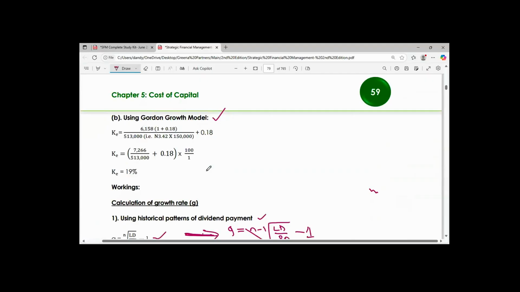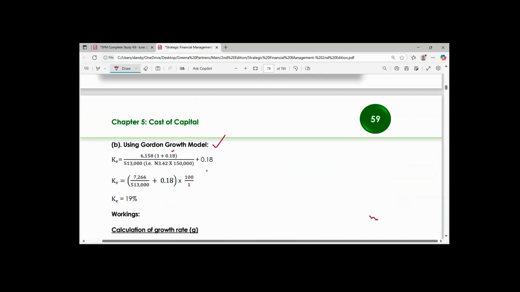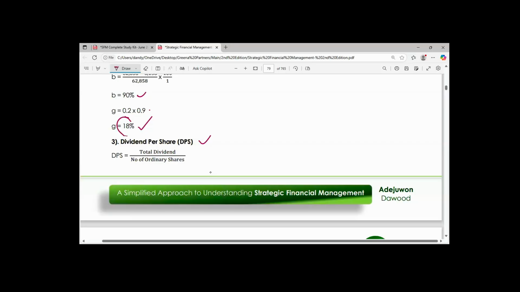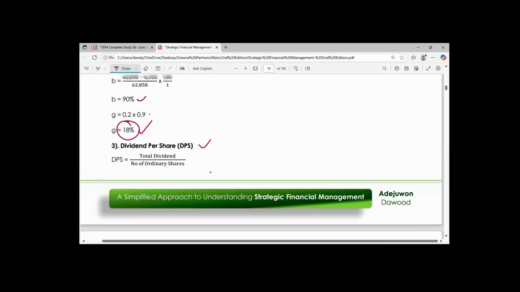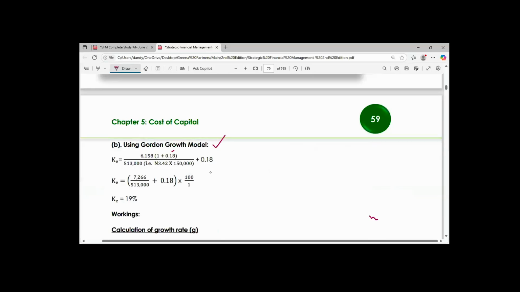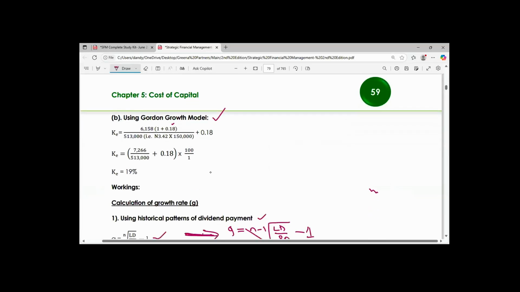Using the Gordon growth model, the only thing that will change is the growth rate. The dividend and the share price will still remain the same as under the historical pattern. The only thing that will change is the growth rate, because using the Gordon growth model, we calculated 18% as our growth rate. So that's the only thing that will change in the formula. All right. So when you do that, using the absolute value,